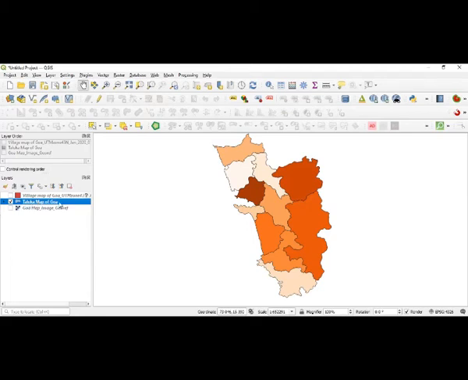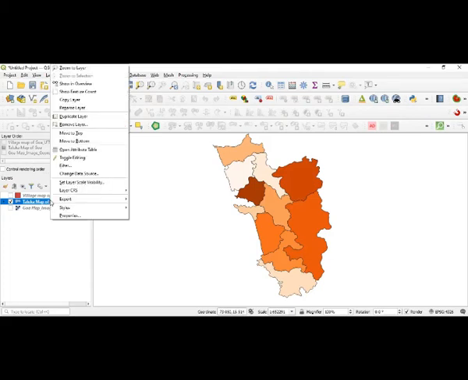So I will click here to view the layer attributes. Now I want to know what all the attributes are attached to this particular layer of the Taluka map of Goa. For that I will go here, click on that layer, and you can right click, and when the pop-up box opens, you can see there open attribute table.